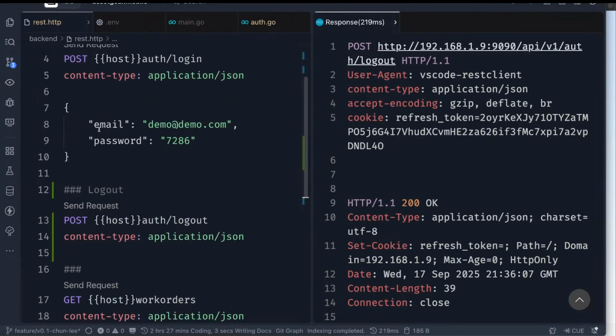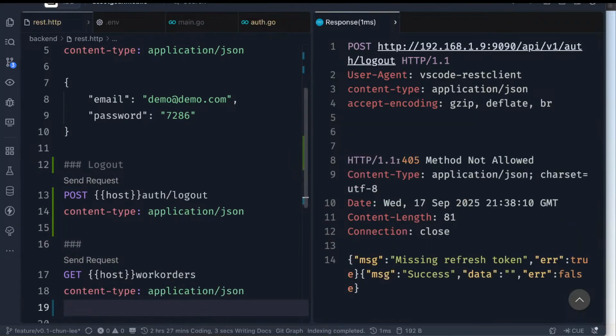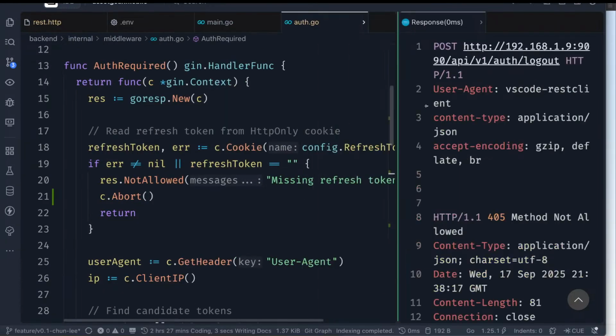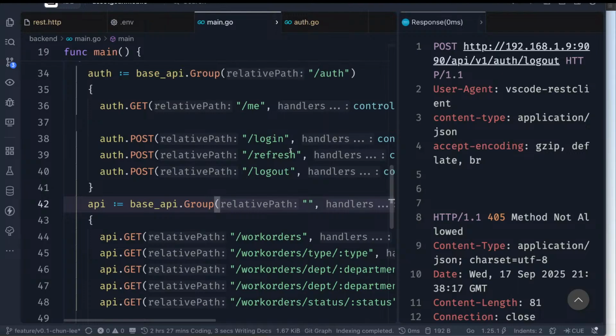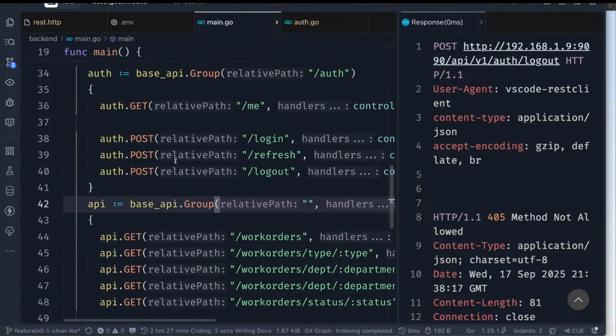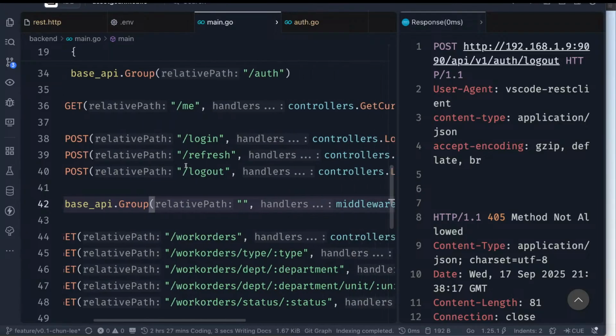So let's give it a try again. Let's log out. We're logged out. Wait. It does the same thing again for us. So there's a lot of cleanup we need to do on our API. The logout is requiring authentication, which does not make sense if you log out. So the logout is asking no,